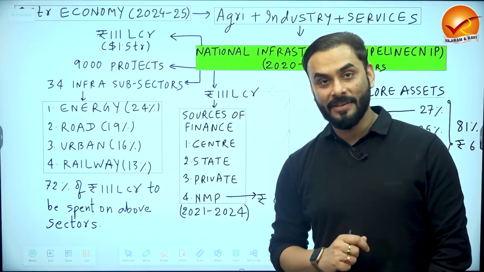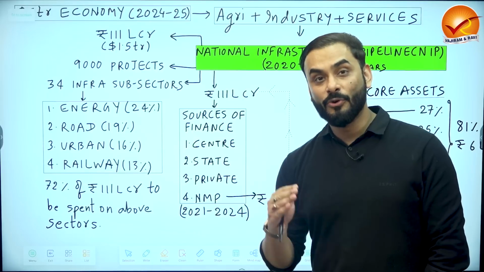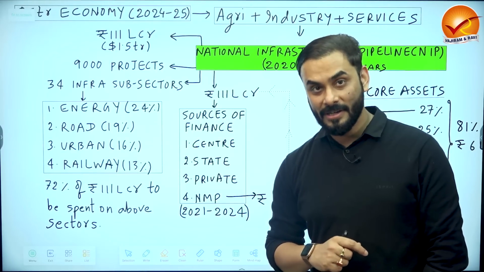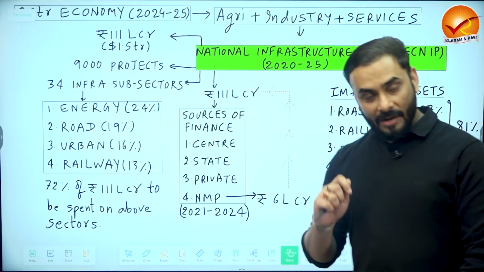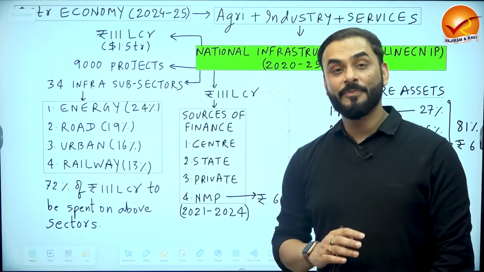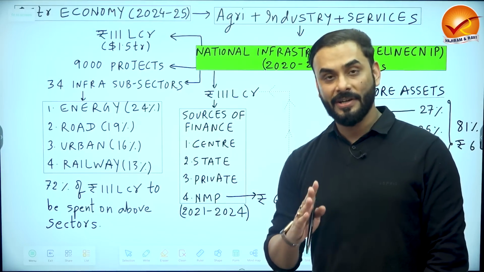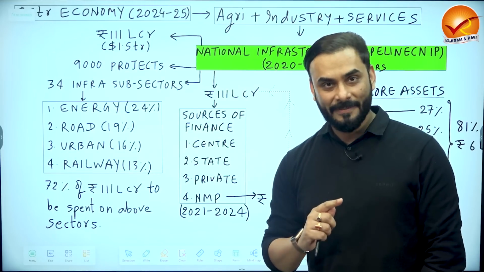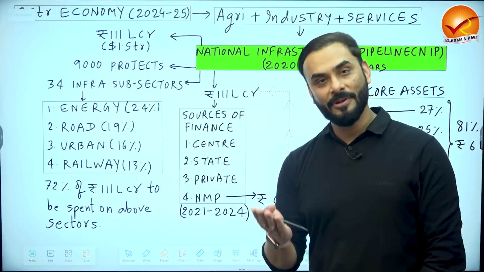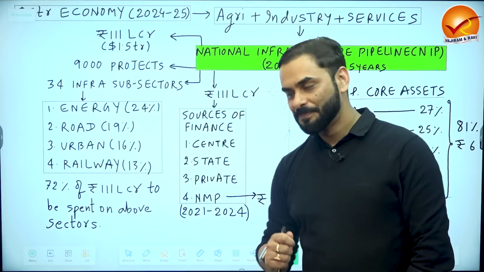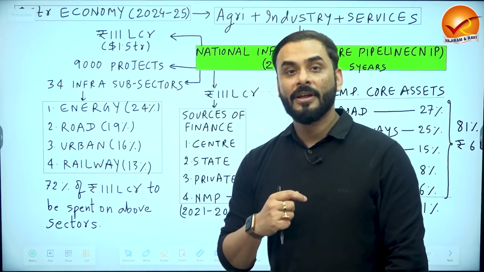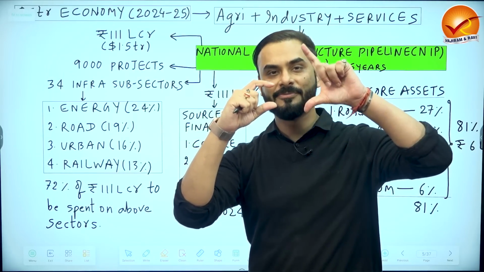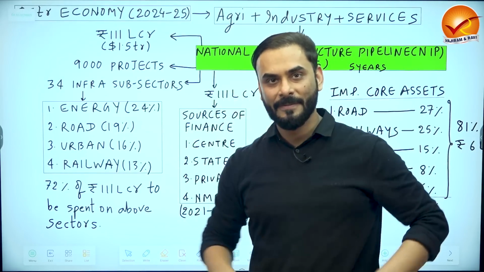Remember our example which we just discussed, that if you give road to a farmer, to a food processing industry, how the GDP of India will go up, right? Similarly, Government of India says that if we provide good infrastructure to agriculture, industry and services, automatically there will be multiplier effect, crowding in and positive externality, and GDP of India will increase, isn't it? Which means if Government of India spends this much on infrastructure, our GDP will increase by this much. This is called multiplier effect, right?